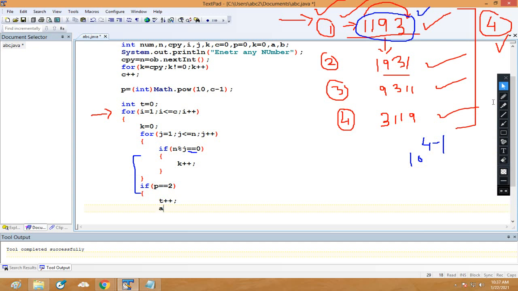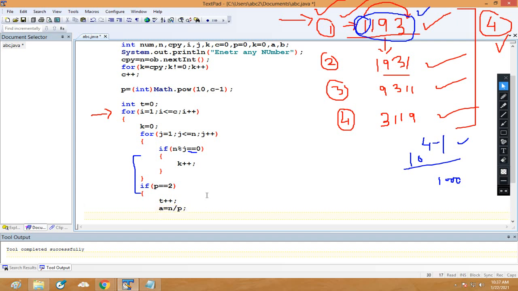First of all, what you are going to do? First of all, we will extract the first digit. So for this, 10 to the power number of digits minus 1, that is 1000. And now the remainder is coming 193. So in A we will store the quotient part, that is your P.